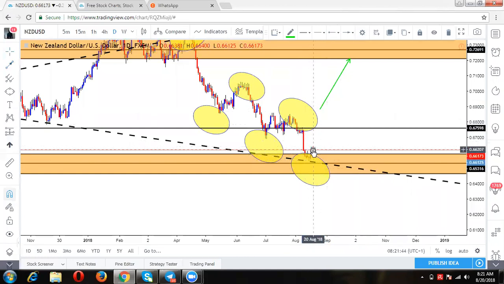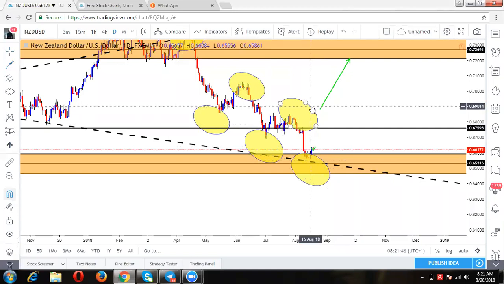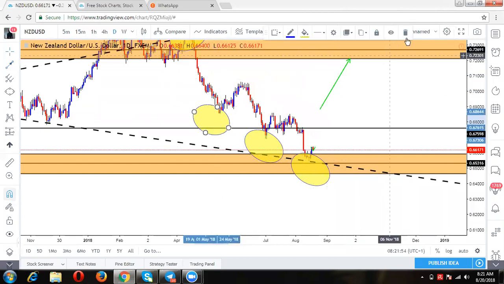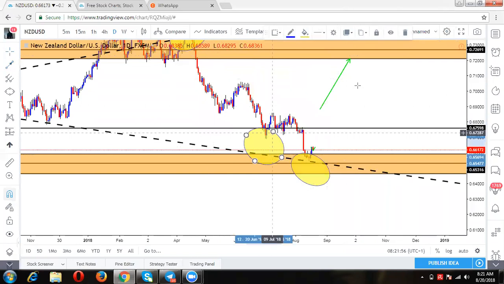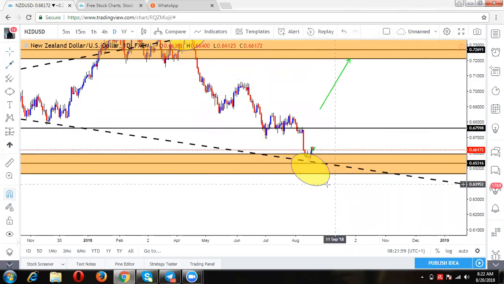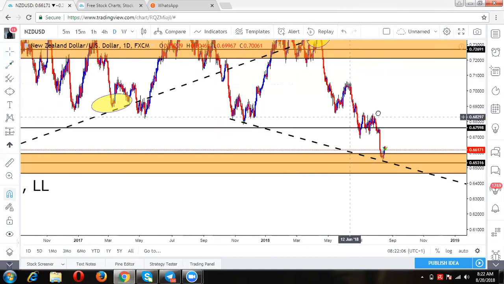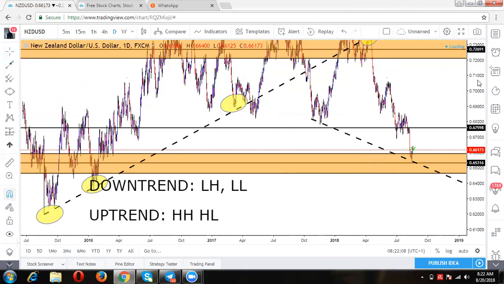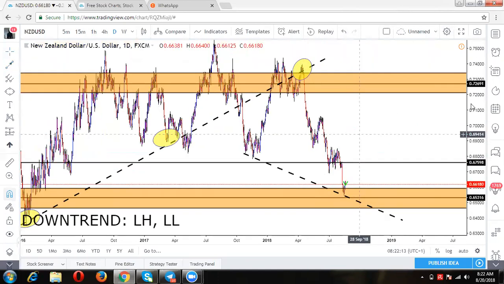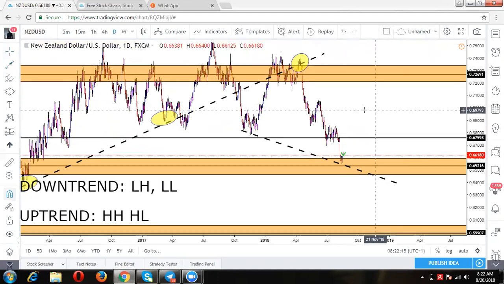So when you're taking trades, these are the key things you need to take into consideration before you take a trade. Don't just enter and buy the market like that. Don't just start trading, because there are a lot of things you need to consider. You need to be sure. You need to confirm your trade. But like I said, what you need to learn are these basic things: how to draw your support and resistance, then know what trend the particular pair you are trading is on. Is it on the downtrend? Are you trading a retracement, or are you trading